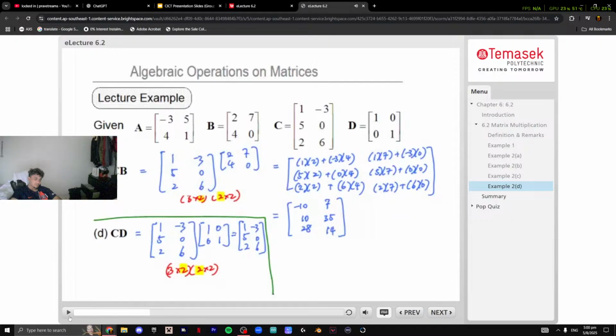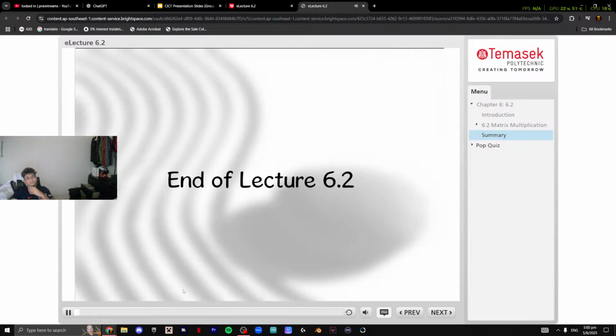Identity. Matrix product is possible between two